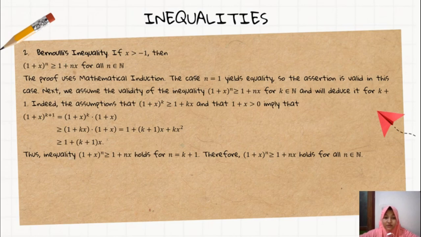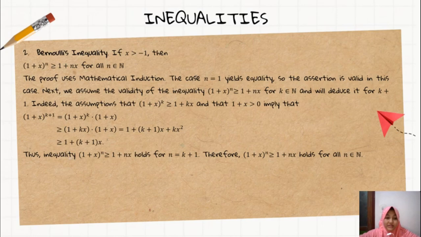Next, we assume the validity of the inequality (1 plus x) to the power of k is greater than or equal to 1 plus kx for k element of natural numbers, and will deduce it for k plus 1. Indeed, the assumption that (1 plus x) to the power of k is greater than or equal to 1 plus kx, and that 1 plus x is greater than 0, imply that